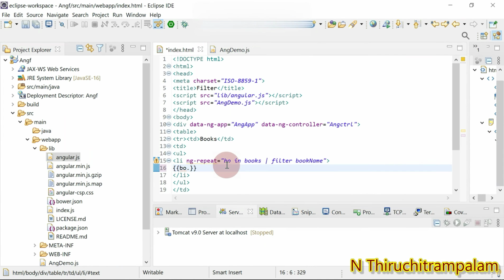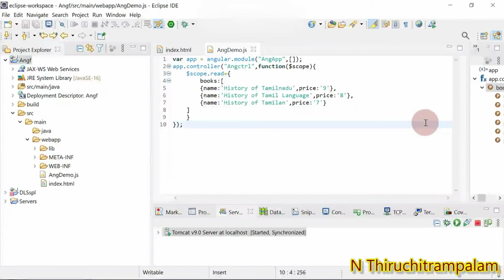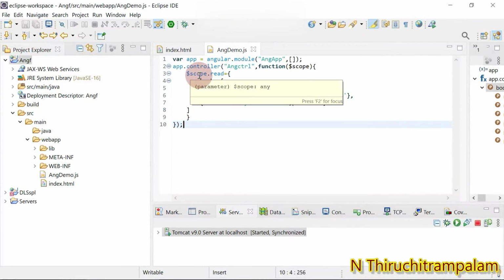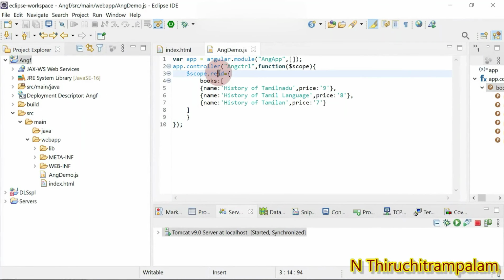I'm going to make use of this book dot name. So what I have done, see, we have yet to give this name. Scope is an object, and again we declare a property named read. Initially we didn't give this property name, right?